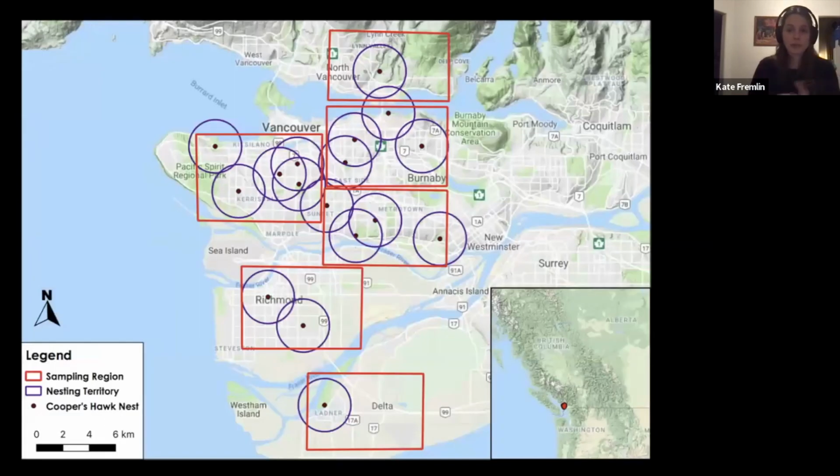And so for my food web, very similar to Jay's work with his nest sites, I actually used a lot of his previous nest sites. I would go out to them and check them for activity. So all these little dots here are the active Cooper's hawk nests that I sampled, and the purple circle around it represents the assumed nesting territory of the bird around the nest, where they would potentially be collecting prey. And that's where I tended to try and focus my sampling of the other organisms of the